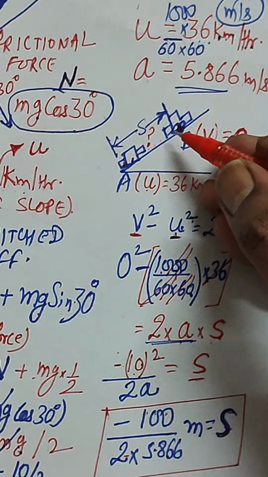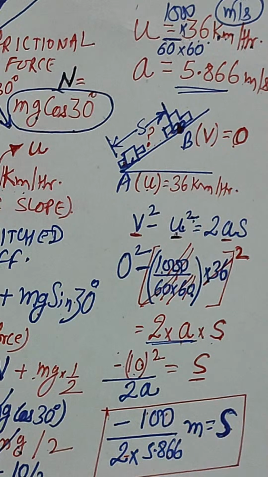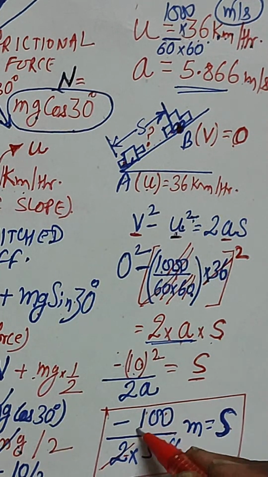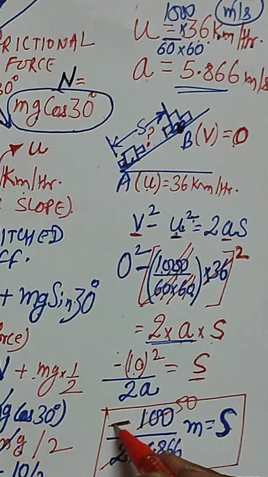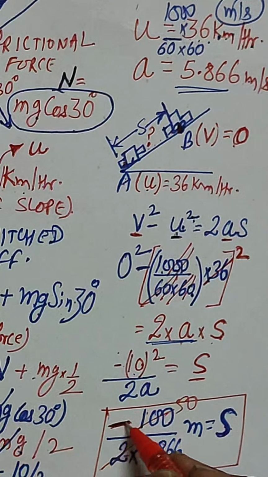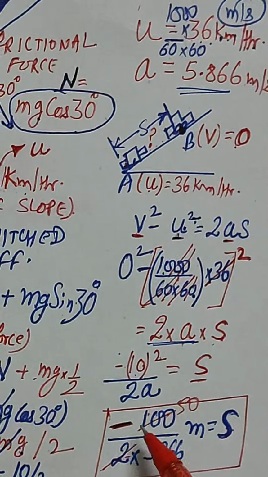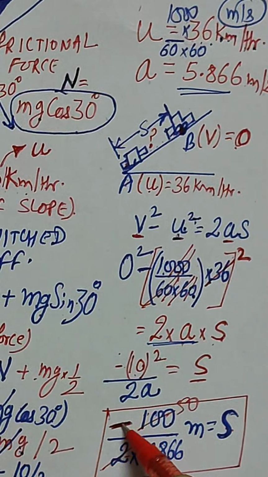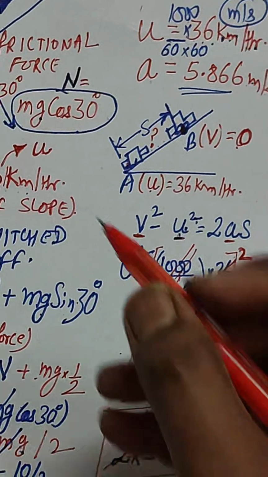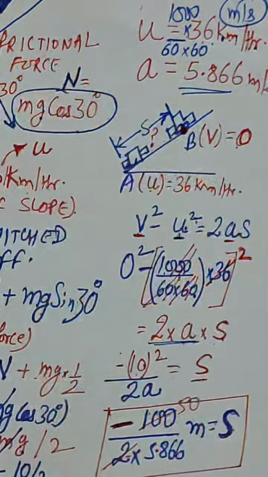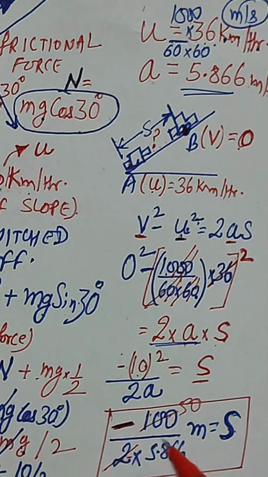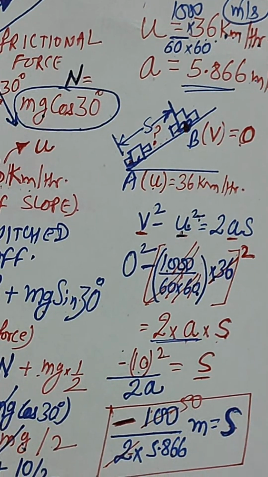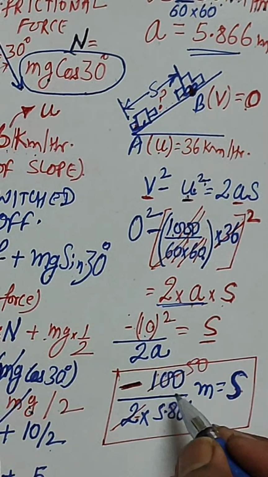So s is calculated as, from 2 you can cancel this 100, 50 times. You can ignore this negative sign, don't get confused, because the car is going up the slope and this is against the gravity, right? So that's why it's negative. When you consider the magnitude, it will be only this one, 50 by